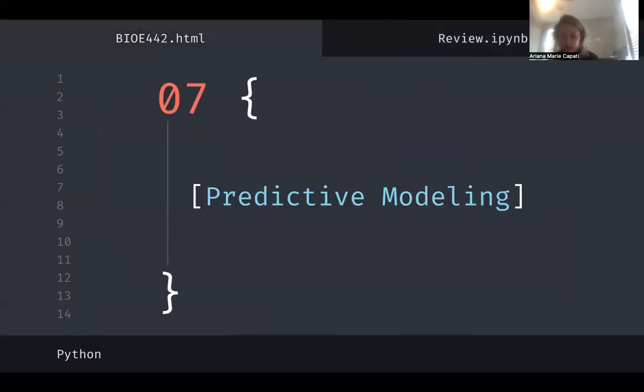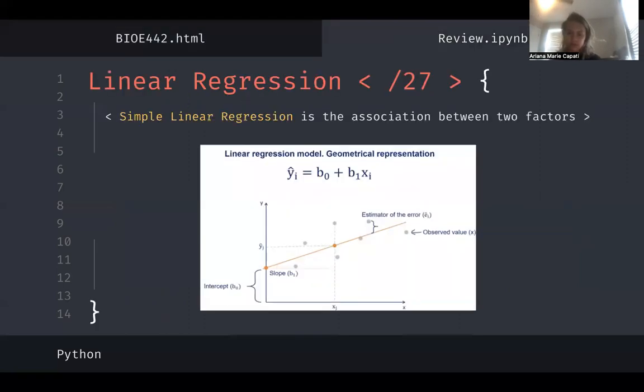Section 7. Predictive modeling. Predictive modeling is the use of data and statistics to predict the outcomes of data models. We will see this through linear regression and logistic regressions. Linear regression, section 27. Linear regression is a predictive modeling technique for predicting a numeric response variable based on one